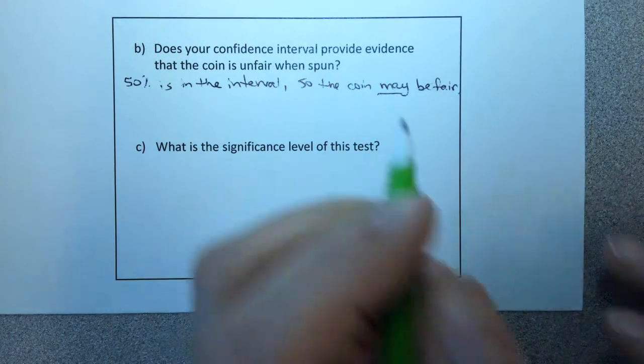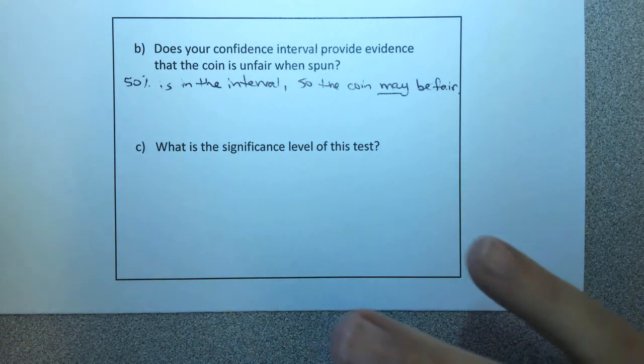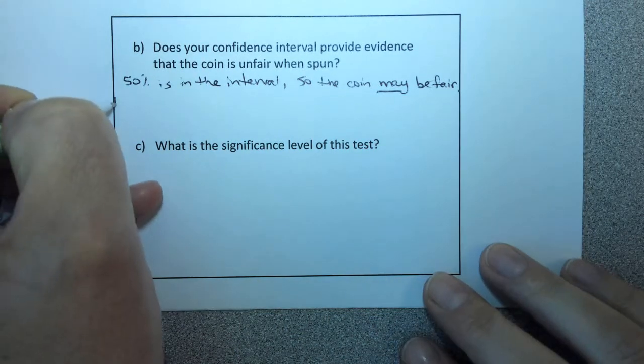Don't ever write anything like you're real sure, because statistics means never saying you're certain. It may be. But man, it's right on the left end. I mean, it just barely caught 50%. If we had made the sample size any bigger, if we'd spun it, say, 500 times, then the standard error would have gotten smaller, and we would have missed it. It would actually probably have had a left end above 50%. Unless, of course, we tallied up less heads the next 250 spins. So maybe I'm going to additionally argue that,